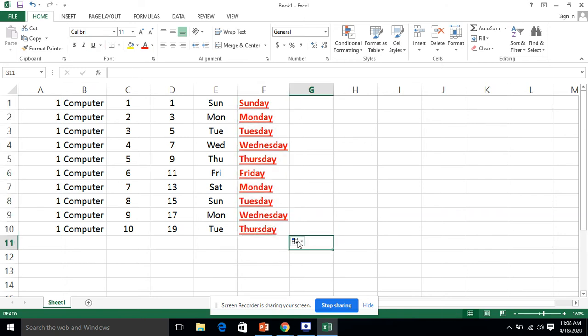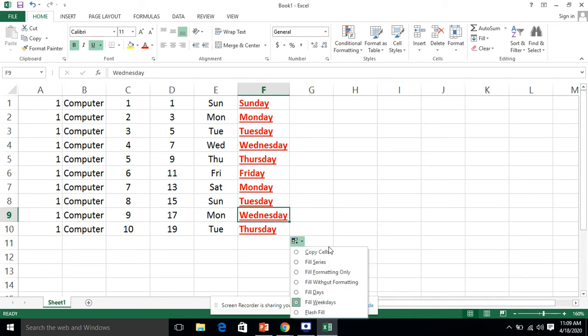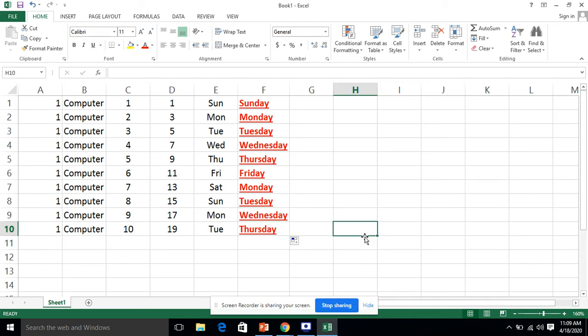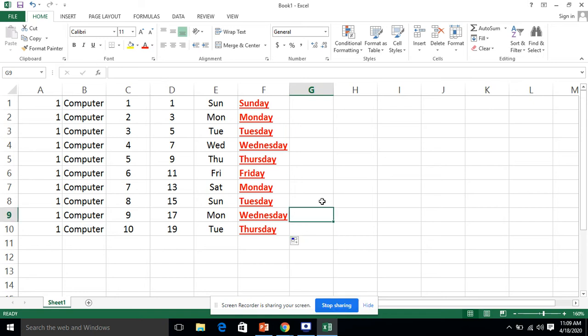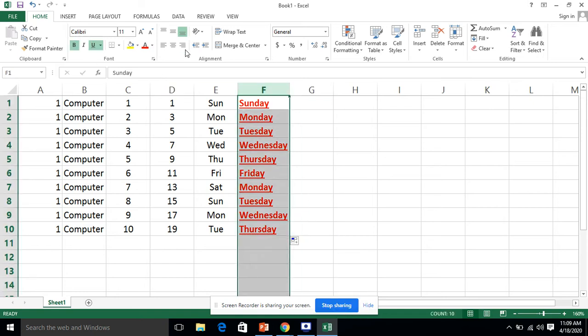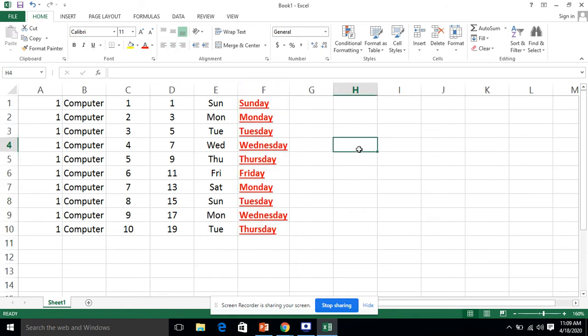So this is how we can change the text. These are all the options given on your page number 29. You have to go through all these options: copy cell, fill series, fill formatting only, fill without formatting, fill days, fill weekdays, etc. And I hope you will be able to understand this.